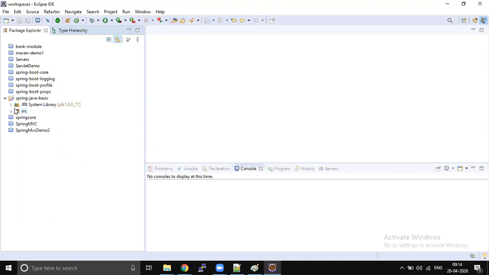Configuration wise, you have to be very careful about the configuration and dependency management. You can talk to your senior architects or senior managers in your team, take the decision and add those dependencies. So creating a parent POM is not such a big deal. It is a simple Maven project, but you should be in a position to identify what is common for all your modules. You have to keep that configuration and those dependencies.